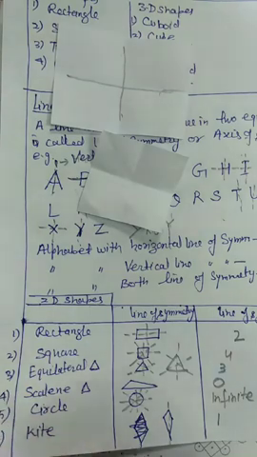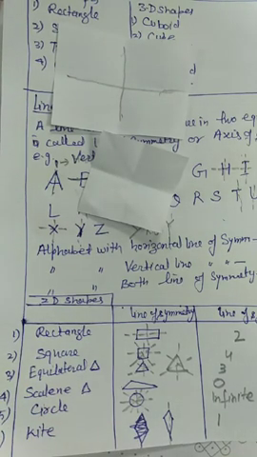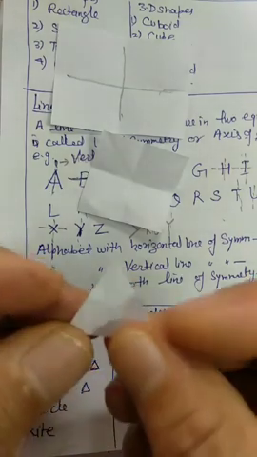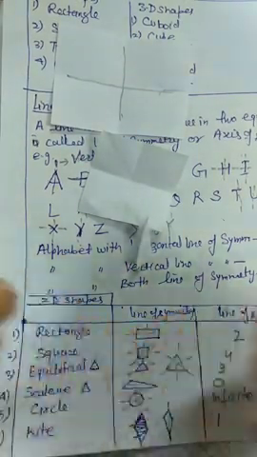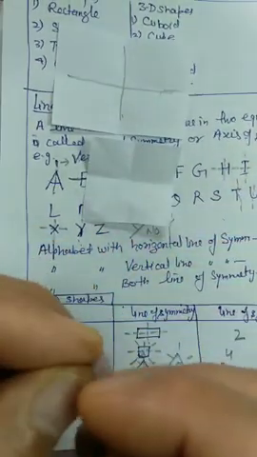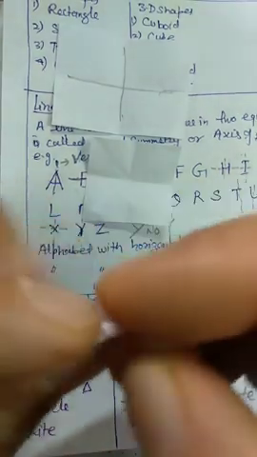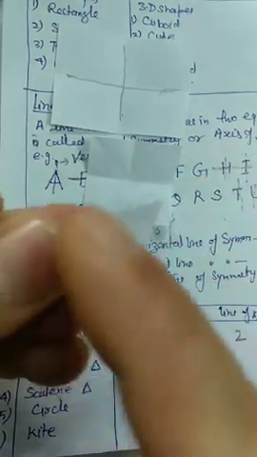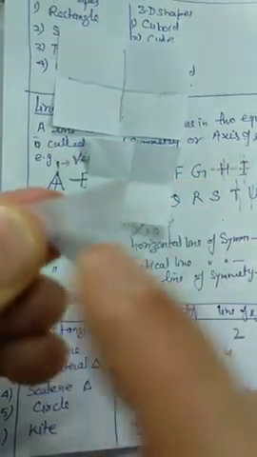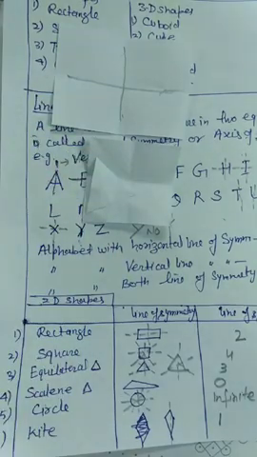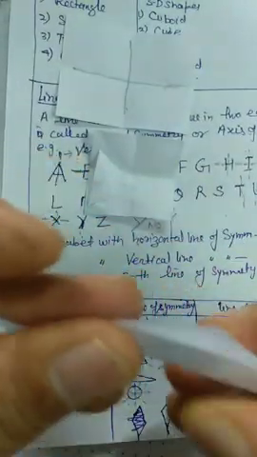Same way, I told you the triangle. This one is a type of equilateral triangle. One line of symmetry. Then you can do for second line of symmetry here. Then third line of symmetry from third corner. I will show you. There are three lines of symmetry. One from this corner to this side. Second from here. Third from here. Same way if you have a kite, if you fold it like this, it will not overlap. So fold it like this, it will overlap, and it has one line of symmetry. I will show you. This is the line of symmetry for kite. So this way you can do this activity.